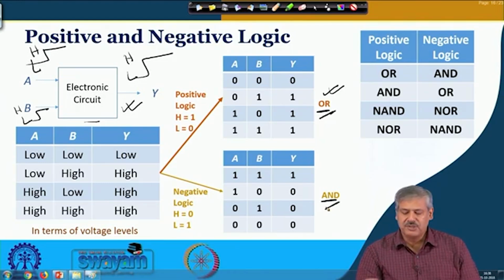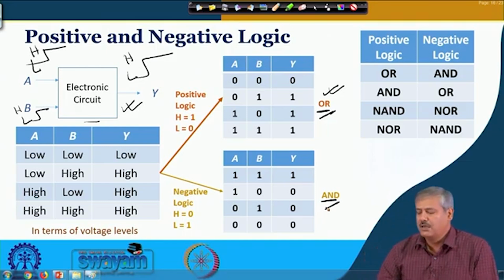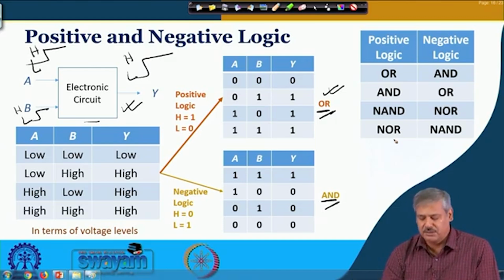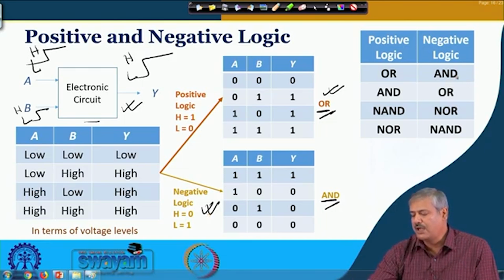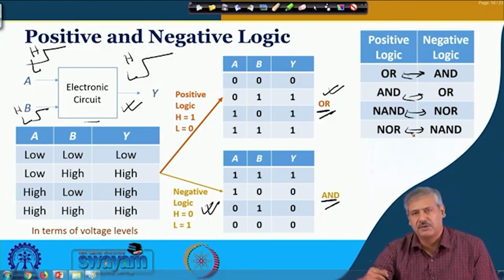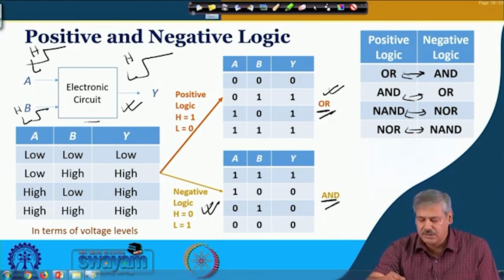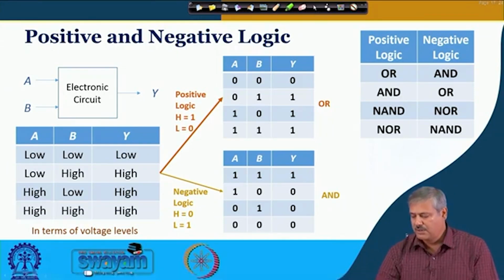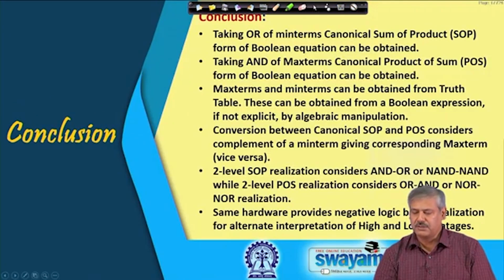In the same way, for any other circuit you can see there is an interconnection. The same circuit which we can treat as a positive OR and NOR gate, following negative logic, with this understanding we can have equivalent AND, OR, NOR and NAND gates. So, basically this is the thing that you can get. So, this we shall keep in mind, and if required we can make use of it in our analysis. So, with this we conclude that